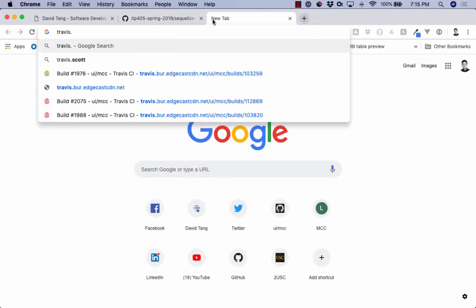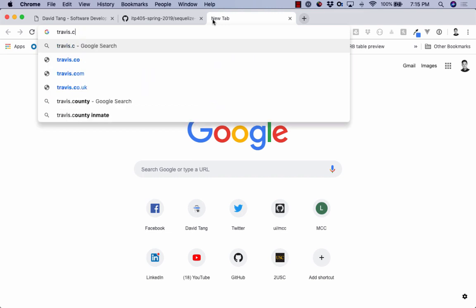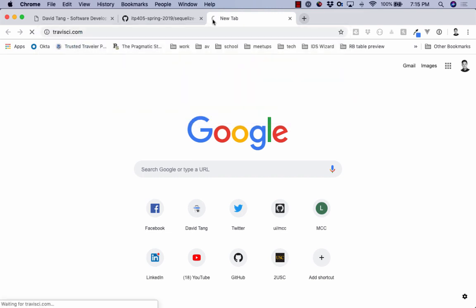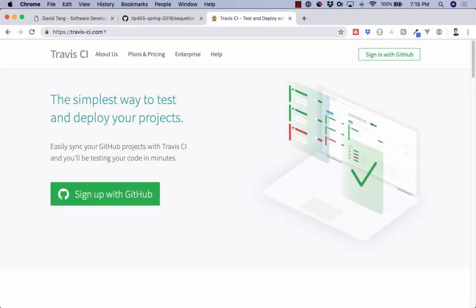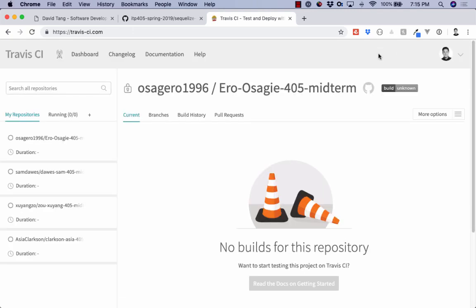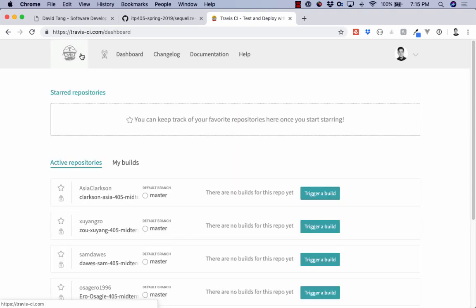Okay, so you want to go to travis-ci.com and say sign in with GitHub. And I think if you go to dashboard,